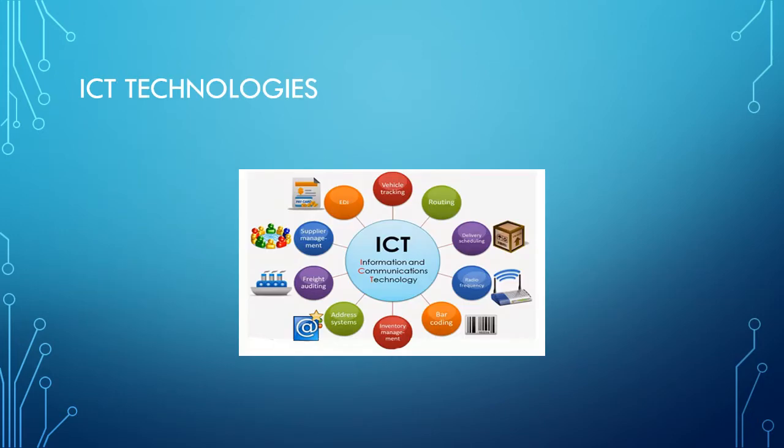See, whenever we want to work with communication technologies, we need some communication tools. For example, if we want to send an email, we need an email setup, a computer, and an internet connection. Then only we can send email from one computer to another computer or from one computer to another device. So if we want to do such things, we need some communication tools. So all communication technologies are associated with communication tools. They are interrelated and interconnected with each other. So that's the improvement of ICT technologies nowadays.